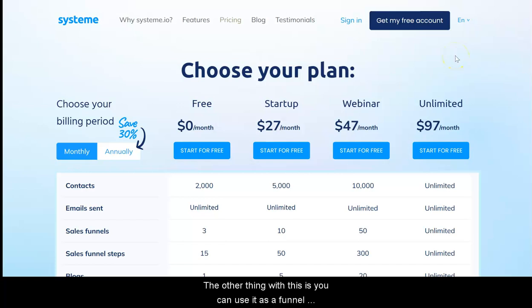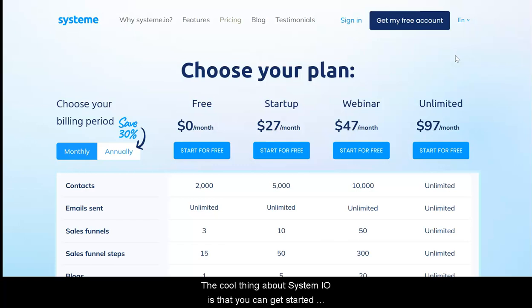The other thing is you can use it as a funnel builder, so you can create your landing pages and all that kind of stuff. So not only follow up with subscribers, but create the actual landing pages. Again, this is super handy. And as people get into affiliate marketing, one of the big issues is the expense of all these different software. So if you've got 3 or 4 different software that you're trying to manage and make them all work together,